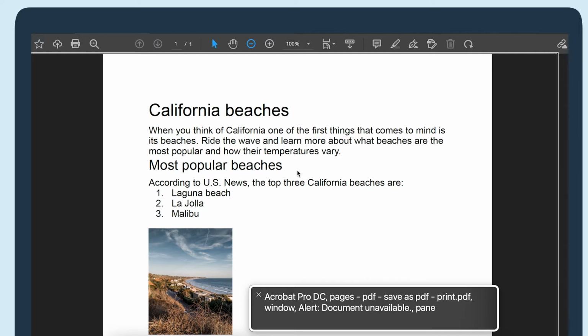This PDF was saved using Print and then Save as PDF. When saving a PDF this way, it can make it so the PDF is one giant image. The screen reader won't be able to read it at all. Let's hear what this sounds like.